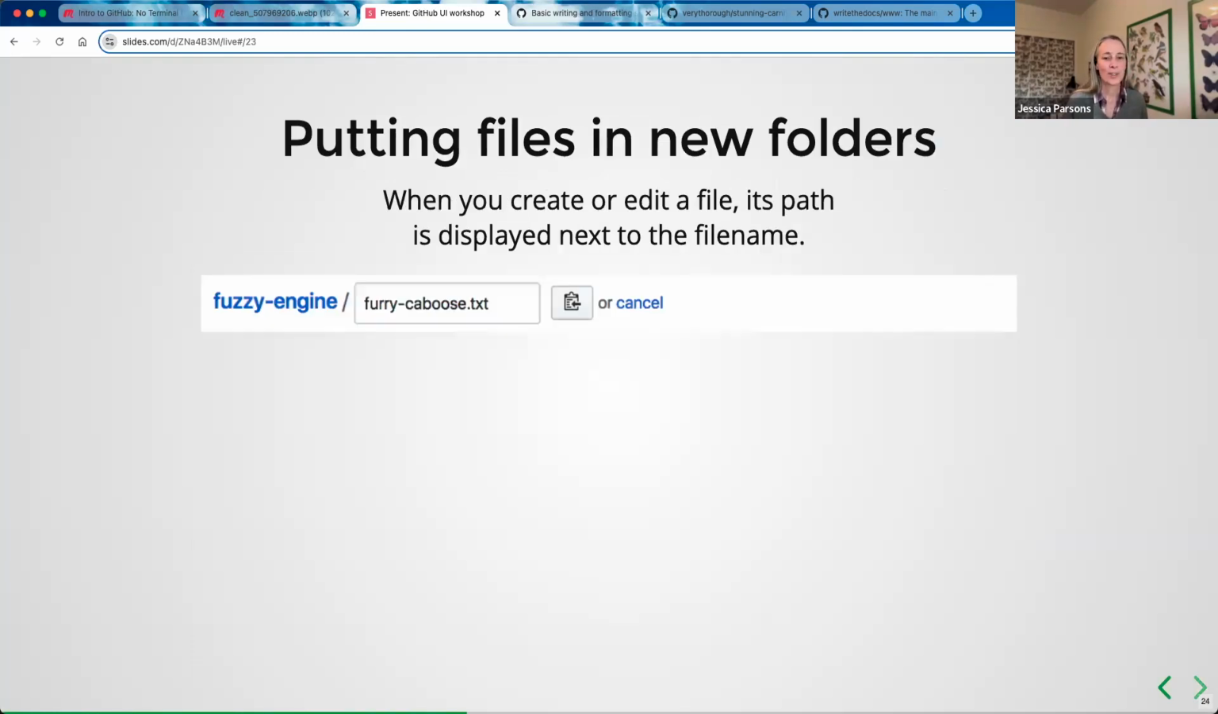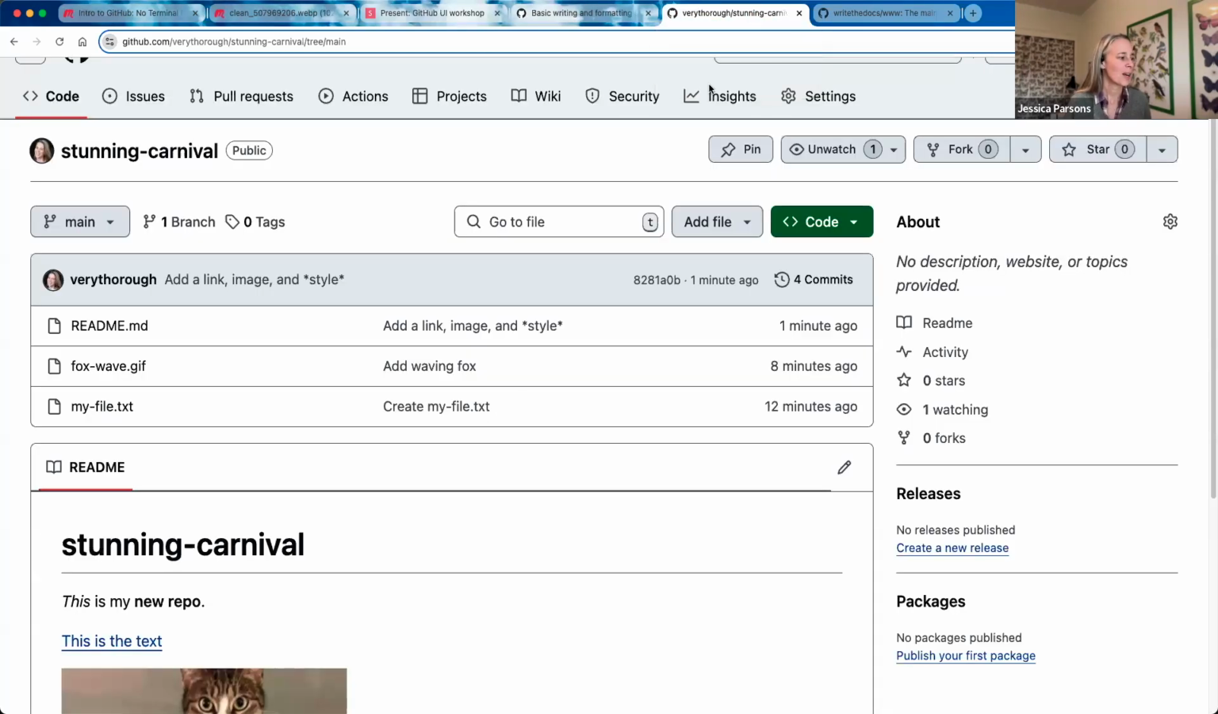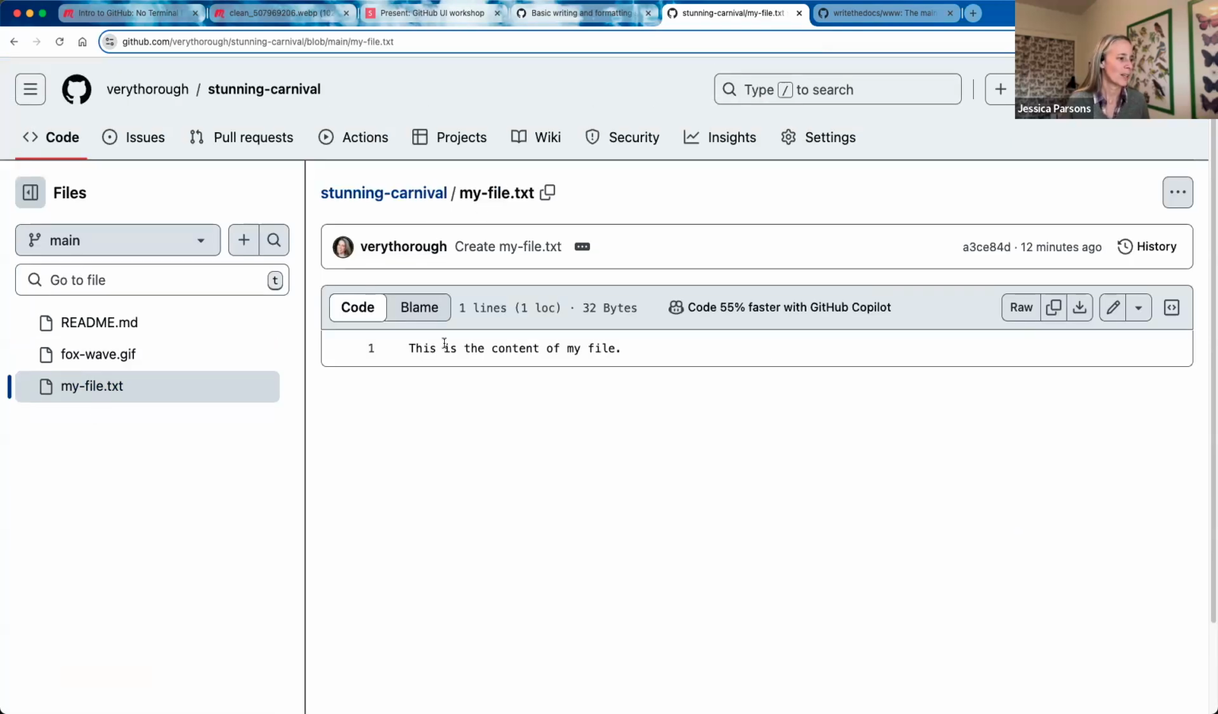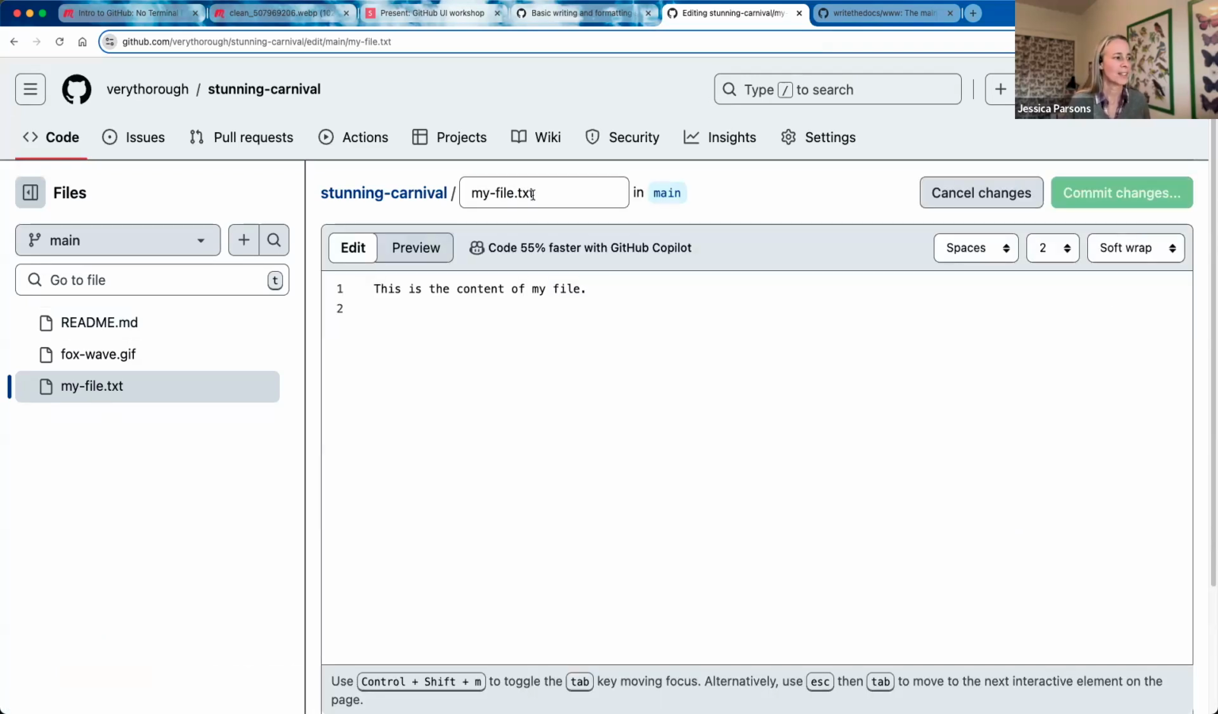Now, putting files into new folders. This one's a little bit strange, and I actually didn't find it initially back in the day. So inside of your repository, let's say I have this myfile.txt, and I have it in the root of my repository, but I don't want it to be there in the main folder. I actually want to make a new folder and put that file into it. So the tricky thing here is you click to edit the file, and you can change the title of the file right here, but you can also type in